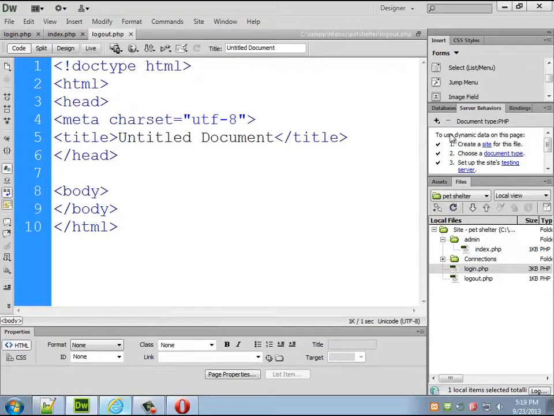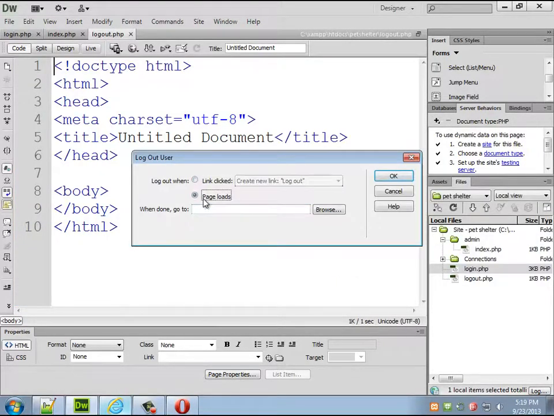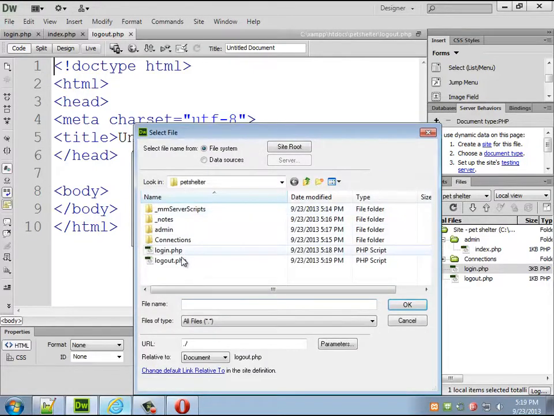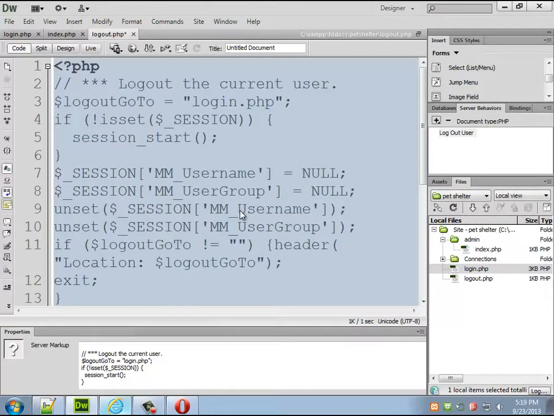logout.php. And this time the server behavior is Log Out User when the page loads, and then just send them back to, I guess you'd actually want to send them to index.php, your home page typically. We don't have that, so it's just going to say page not found. But if I preview this,